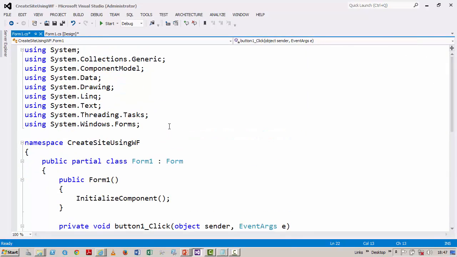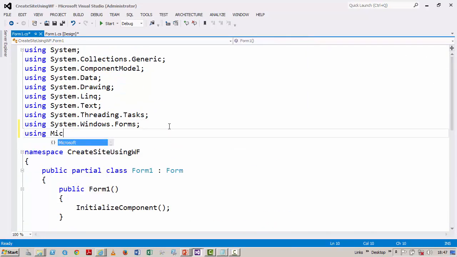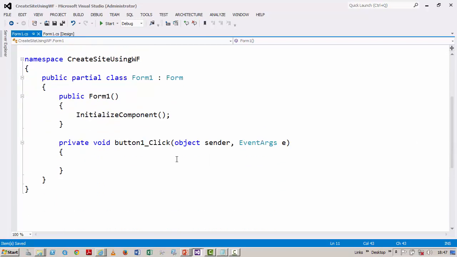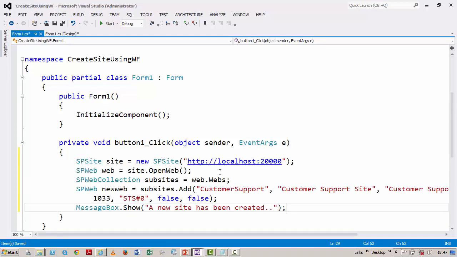So first of all, I'm going to take Microsoft.SharePoint and also Microsoft.SharePoint.Administration. In fact, we've seen in the previous section how to create a brand new subsite. The only difference now is that we're trying to do this inside a Windows-based application. So let me paste the code that I have with me under the button1_Click event handler, and now I'll explain